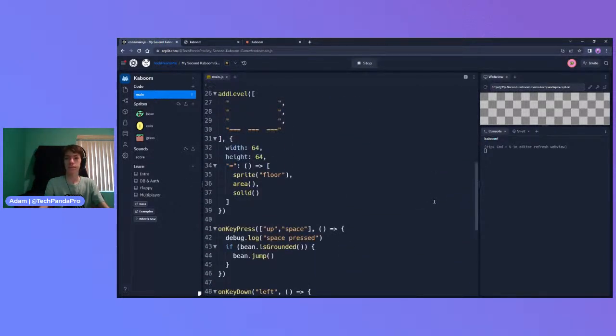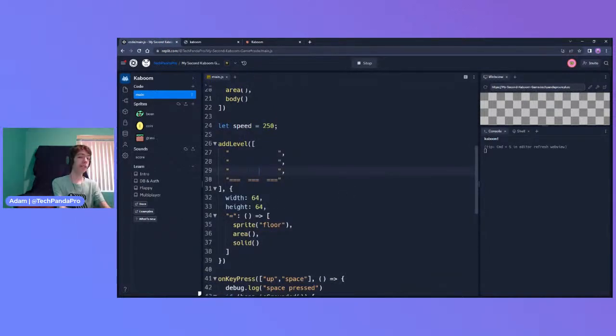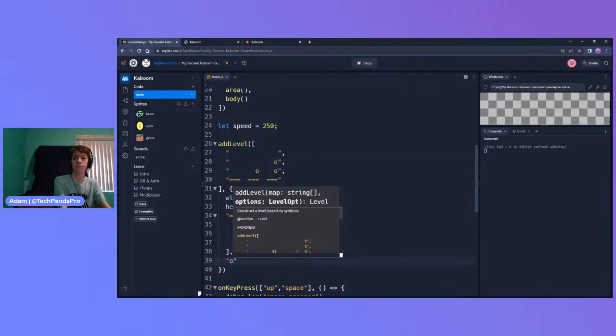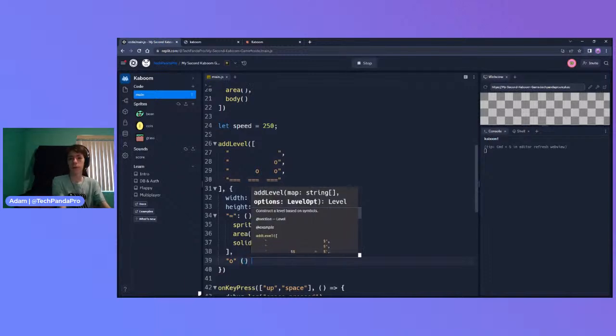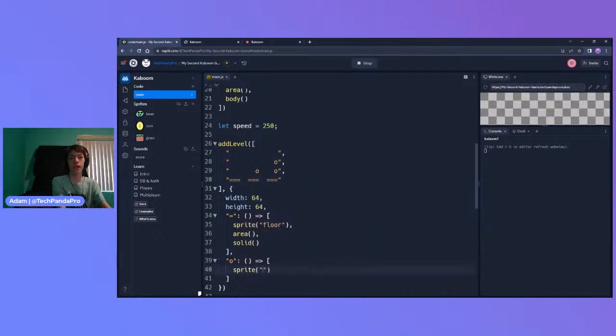Now let's add some coins to our level. And again, if you guys have any other suggestions to play around with, let me know in the chat and we can see about adding it. I'm going to make this circle represent a coin. So I can say sprite coin